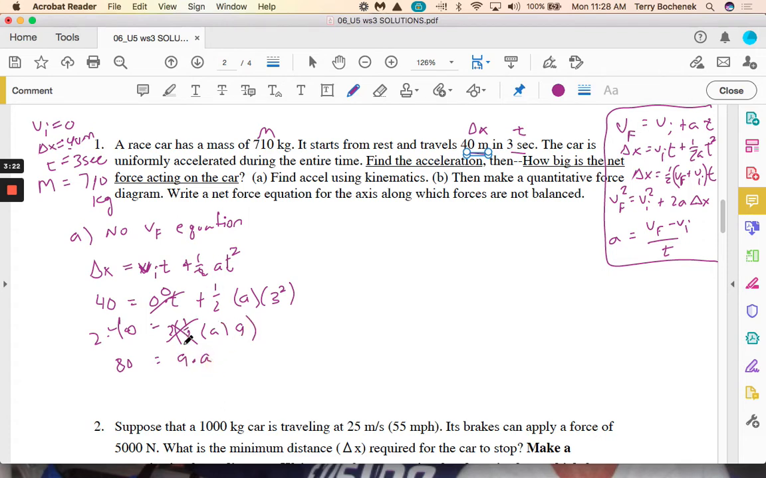Just flip-flopping the 9 and the a around. So divide by 9, divide by 9. And it's going to be just a little bit less than 9 because 9 times 9 is 81. 80 over 9. And if we do that real quick on our calculator, we get 8.888 repeating, so I'm going to call it 8.9 meters per second squared. So there's my acceleration. And now in part B,